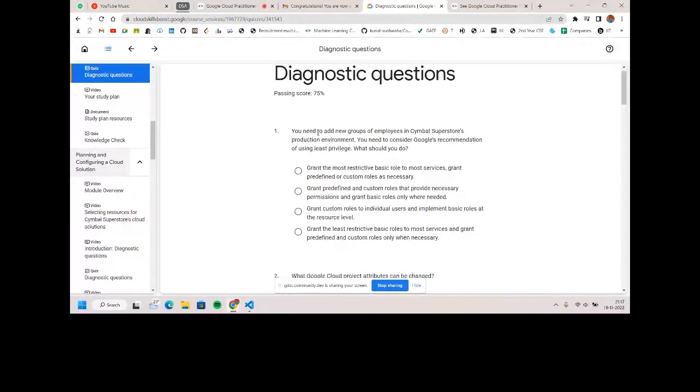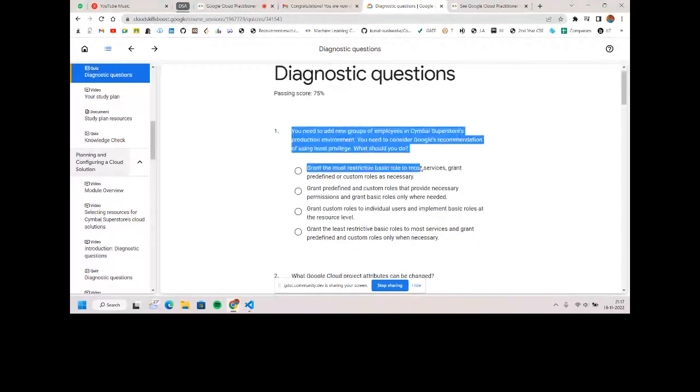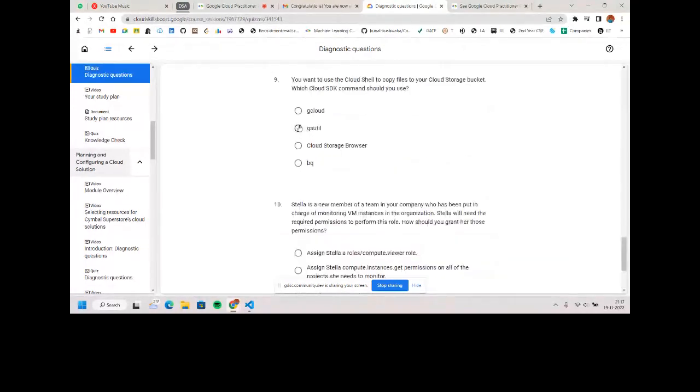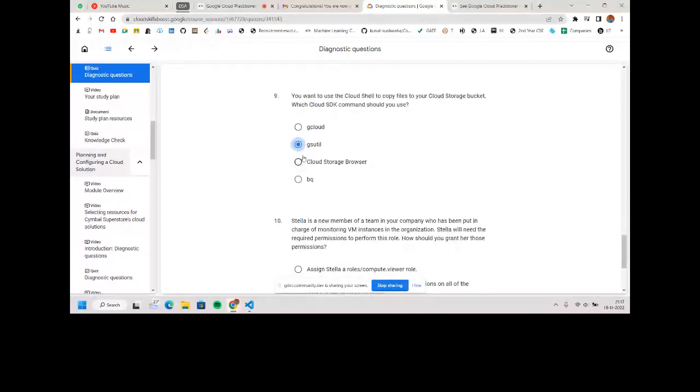There is no limitation. But I'll suggest you start doing the labs as soon as possible, because there are many labs. 8 labs are a huge thing. So the earlier you finish the labs, the better. There are 10 questions, I guess. 10 questions, and I am randomly putting in